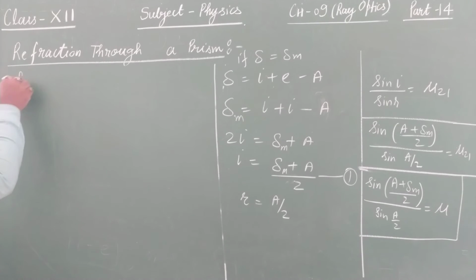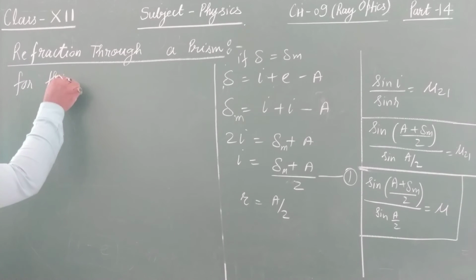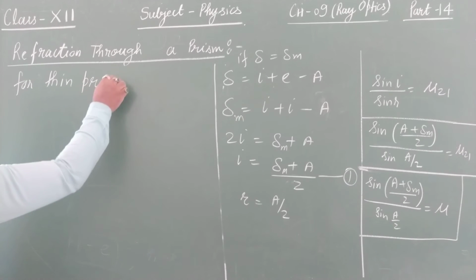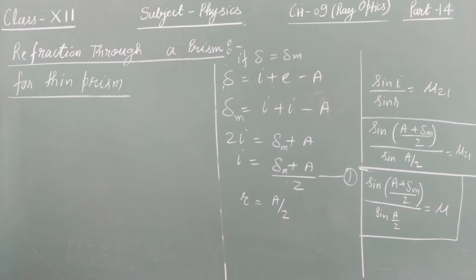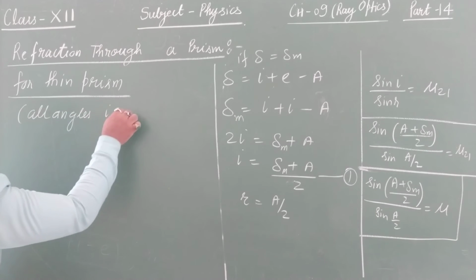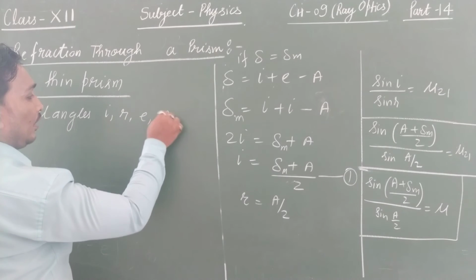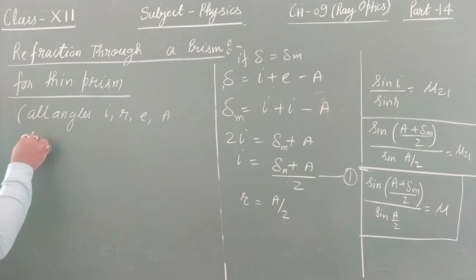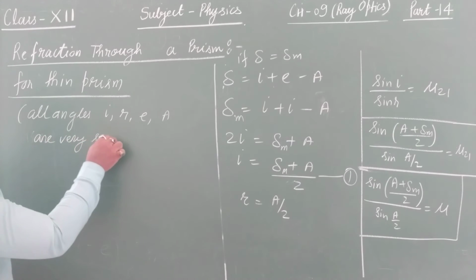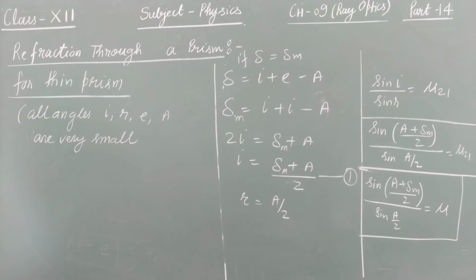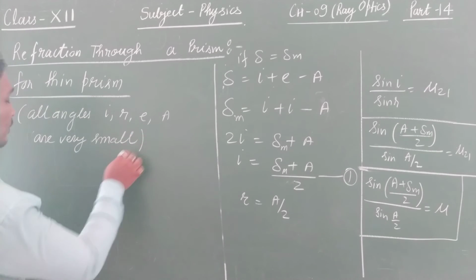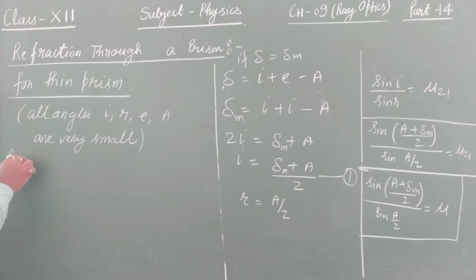For a thin prism, all the angles I, R, E, A are supposed to be very small. For a thin prism we take all the angles very small. So for the first surface,